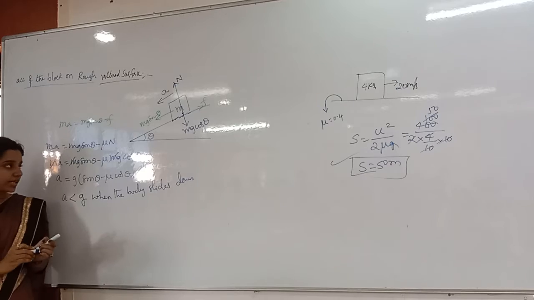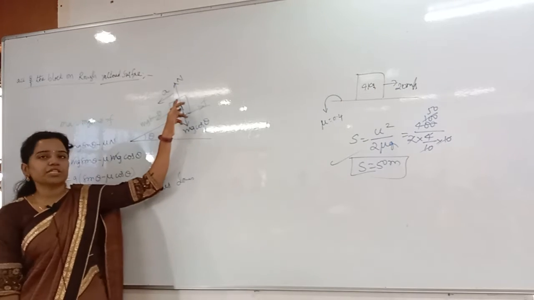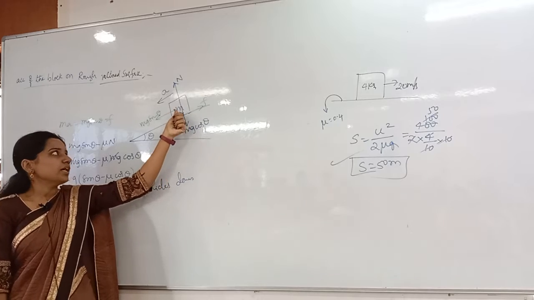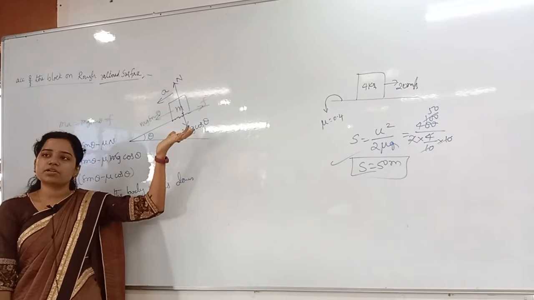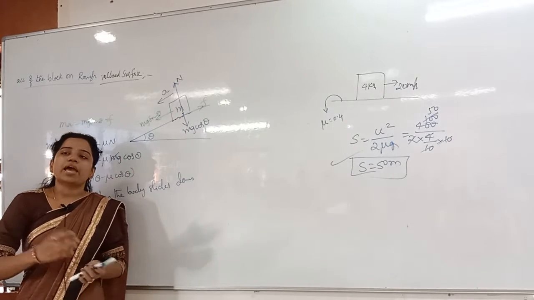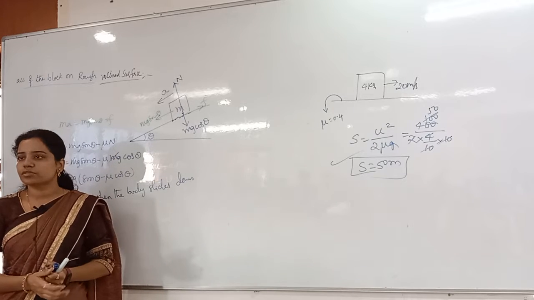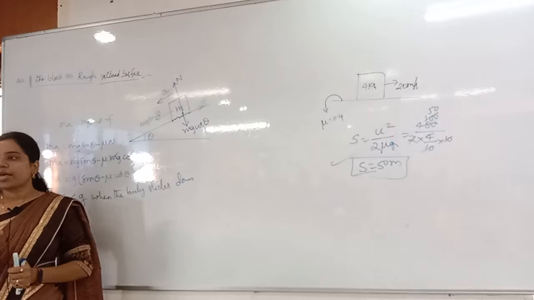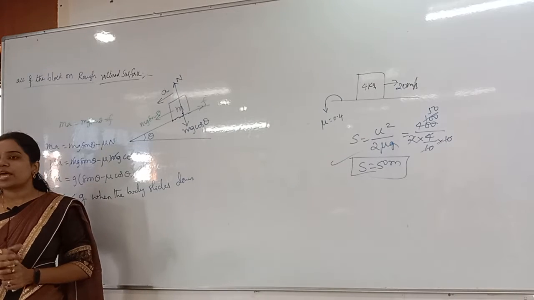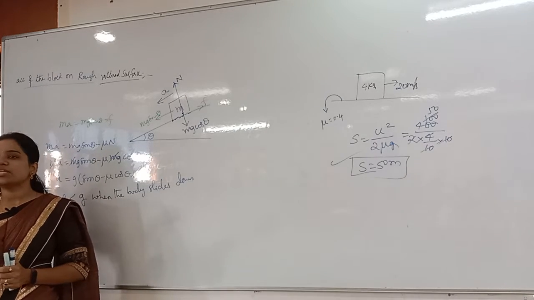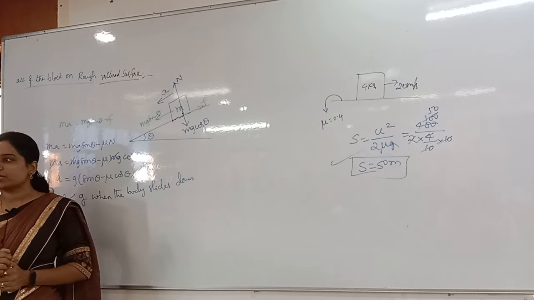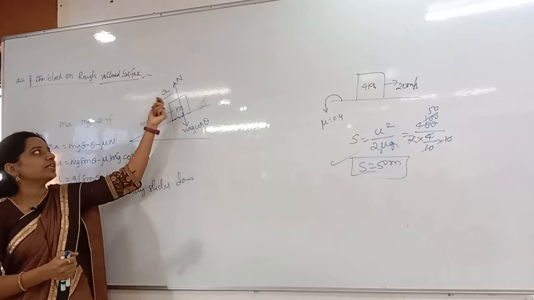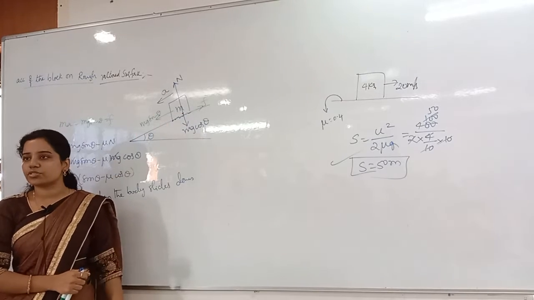Now listen again clearly. A block of mass m is placed on a rough inclined surface. It has the tendency to move in which direction? Obviously downward. I am increasing the angle of repose. What is the angle of repose? The angle of inclination where the body just starts to slide. Correct? Here it is sliding down, as I am increasing the angle beyond the angle of repose.